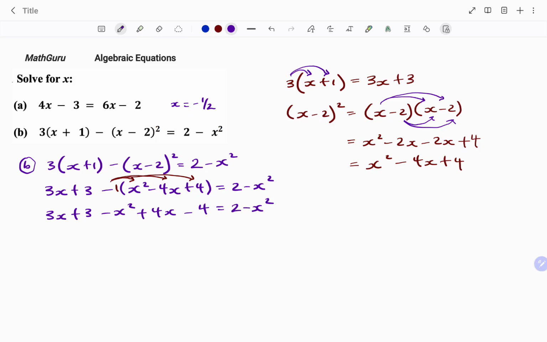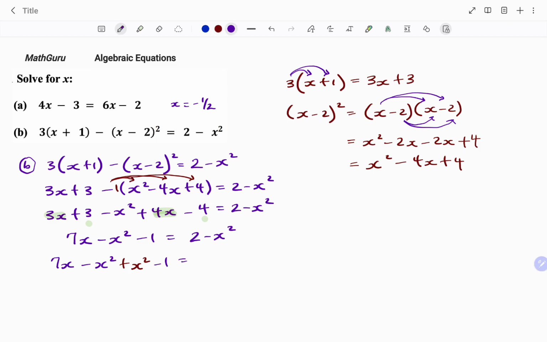I'm going to simplify what I have on my left hand side, collecting like terms, terms in x and terms in the constant term as shown. So that becomes 3x plus 4x, 7x. Then I have minus x squared plus 3 minus 4, that's minus 1, equals 2 minus x squared. Then the next step, to get rid of my x squared, I'm going to add x squared to both sides. So I have 7x, I'm still using the balance method, and then I have plus x squared